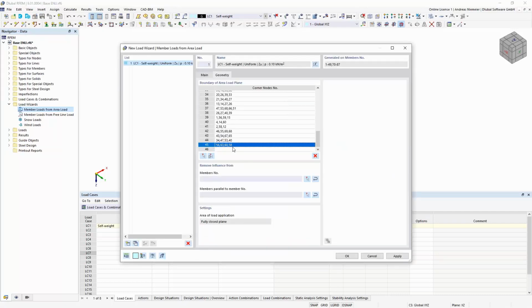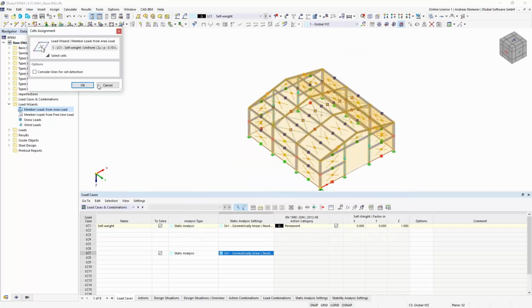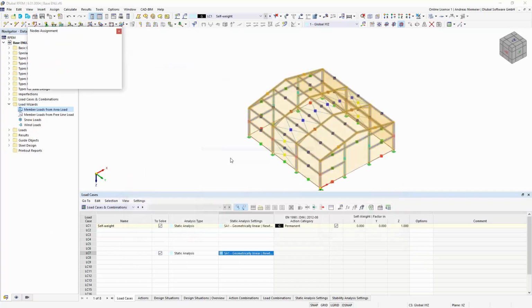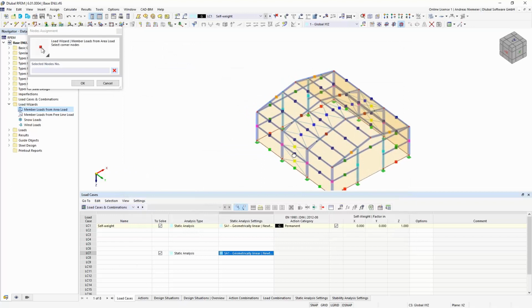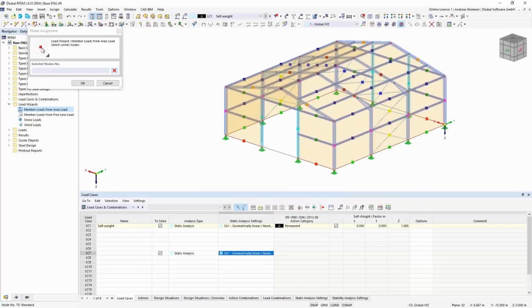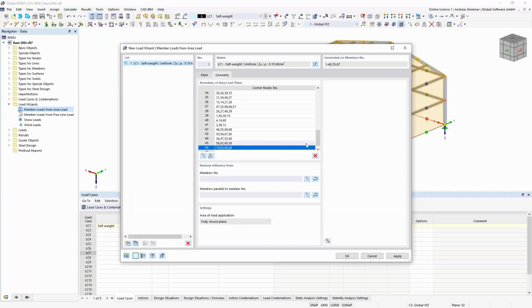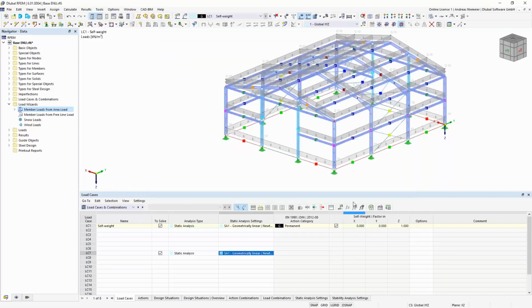So the same for the back wall. Oh, not this one, then this one. And rotate, and now close the gable also on this wall. And now we have covered the full hull of the hall, and with confirmation of this wizard you will get all loads on this structure.